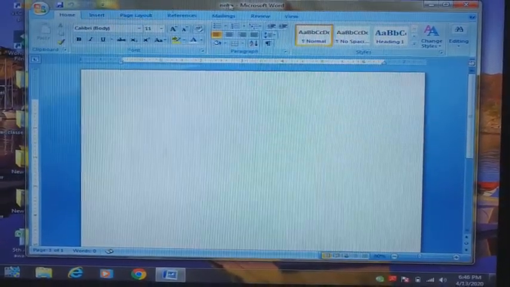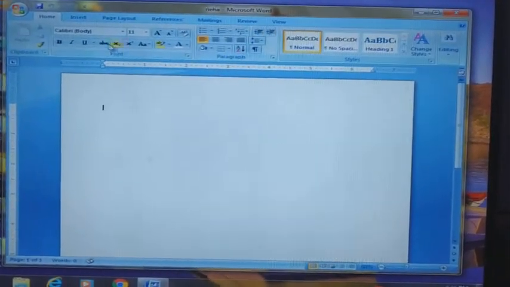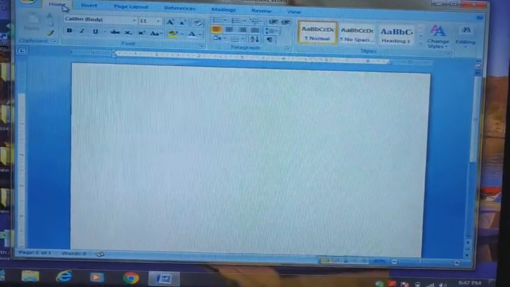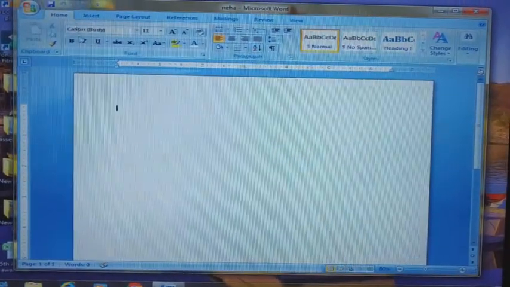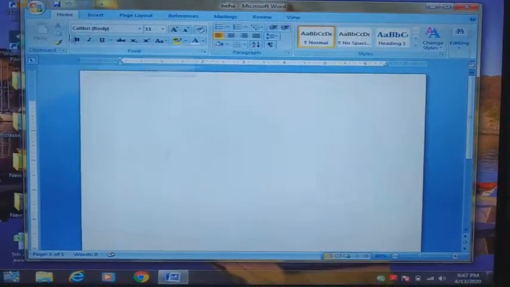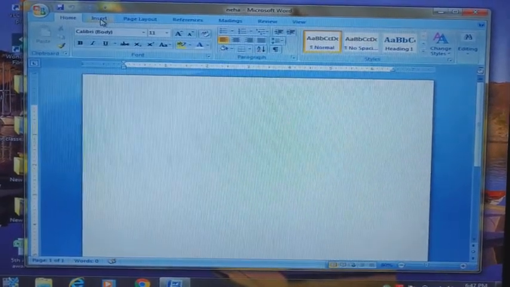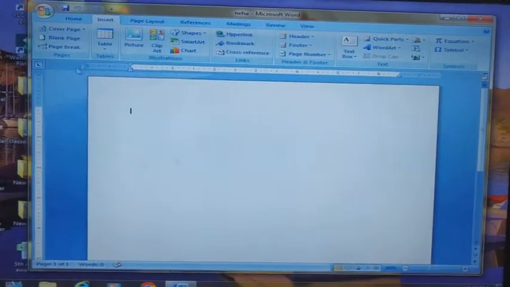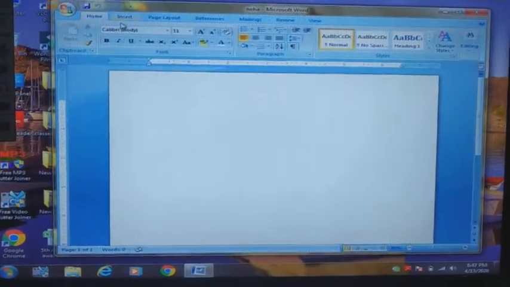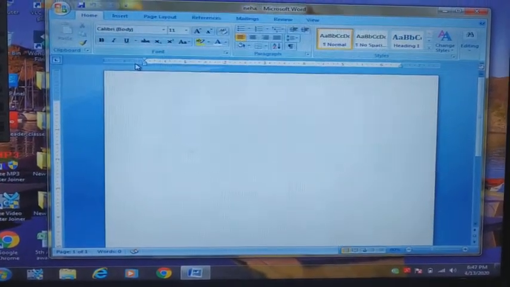And we say this complete area from tab to groups, we say this area is ribbon area. Ribbon area is divided into tabs. Ribbon area contains the tabs and the groups. It will dynamically change depending on what you are doing. For example, if I click on home, the ribbon area will show like this. If I click on insert, it will show like this. If I click on page layout, it will show like this. As I click on the tabs, the ribbon area will dynamically change depending on what you are doing.